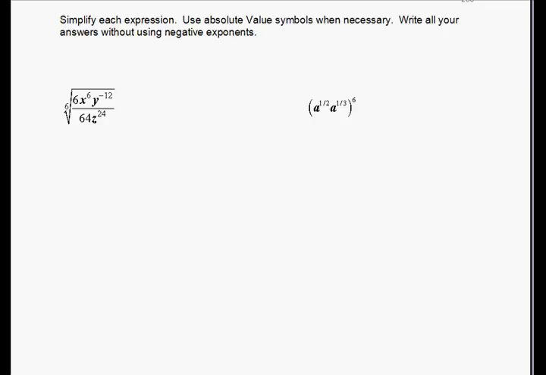Simplify each expression. Use absolute value symbols when necessary. Write all your answers without negative exponents. We have the sixth root of 6 times x to the 6th y to the negative 12th divided by 64